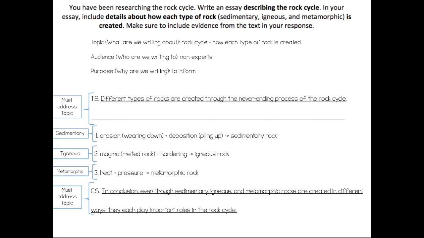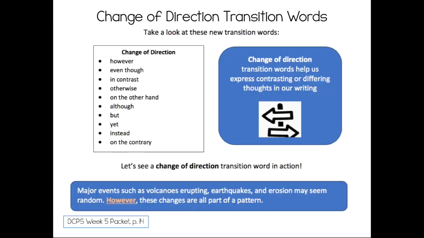Okay, let's get started. So today, as we write, we're going to focus on using change of direction transition words. So if you turn to your packet on page 14, you can see that these transition words grouped together all indicate a change in direction. So we have however, even though, in contrast, otherwise, on the other hand, although, but, yet, instead, and on the